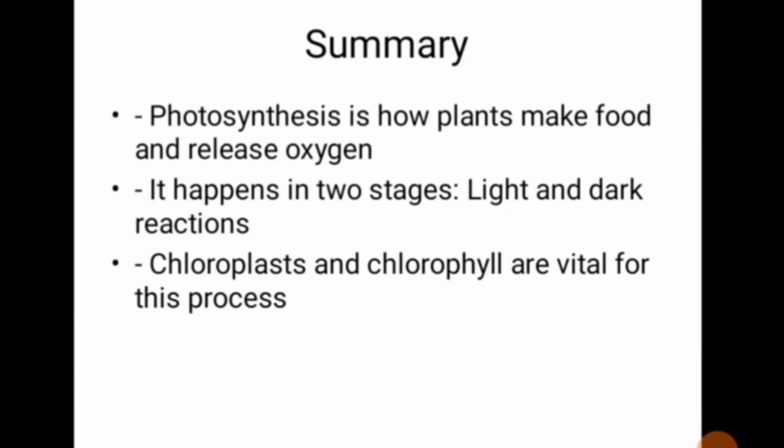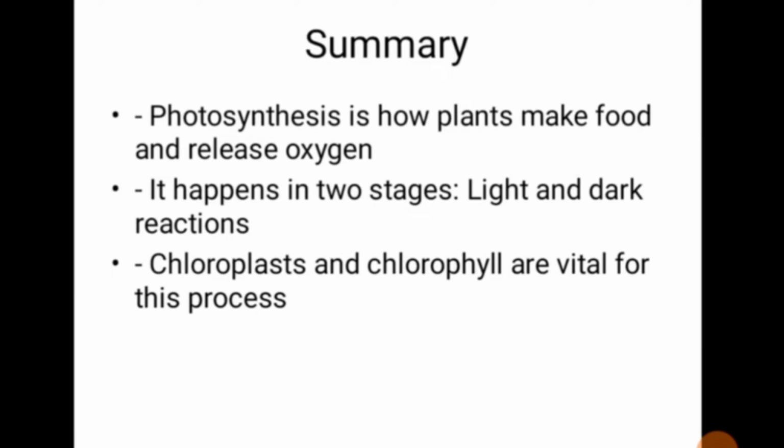So in conclusion here, in summary, we noted that photosynthesis is how plants make food and release oxygen. And we also noted here that it happens in two stages, which is the light and the dark reactions. So you can also write the light dependent reaction and or the light independent reaction. Any one that works for you, you pen it down, you would surely get your appropriate mark. If you even find yourself in public and you make mention of the light dependent stage and even your Calvin cycle, every biologist and every educated person would be able to relate and would know that you are